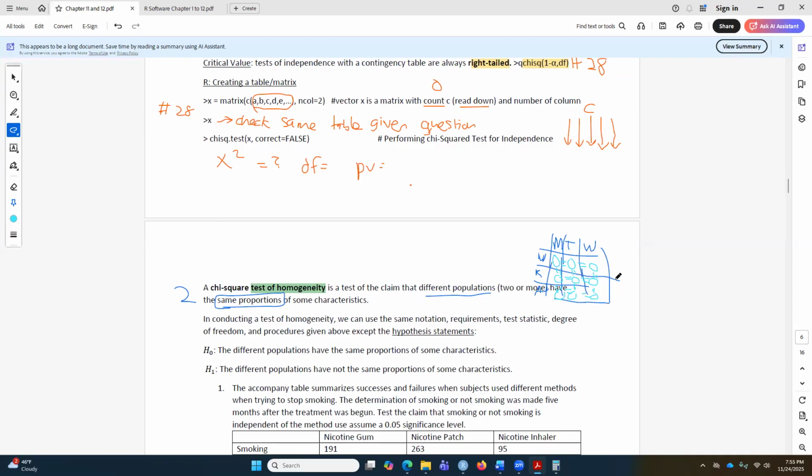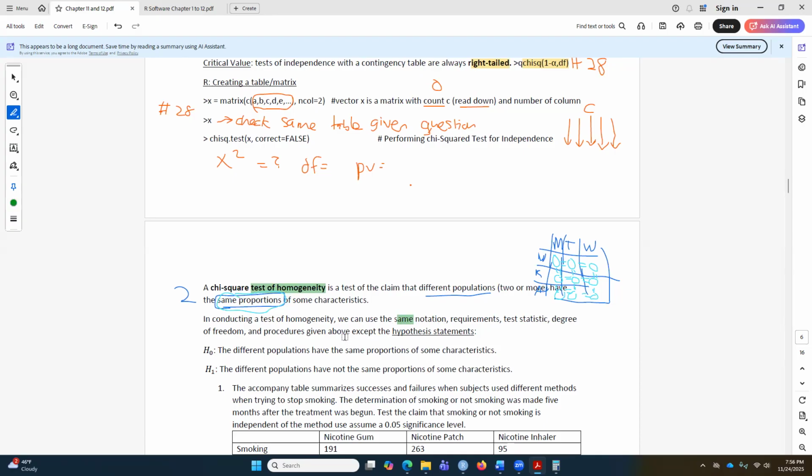Every single one. You with me here? And that is the meaning of test of homogeneity. It means that we think that the observed frequency is the same proportion for every single group, every single cell. Okay. The good news about the test of homogeneity is that conducting it is the same as